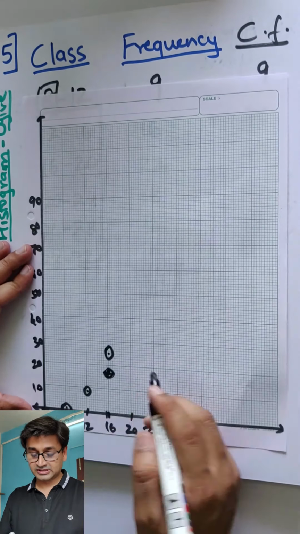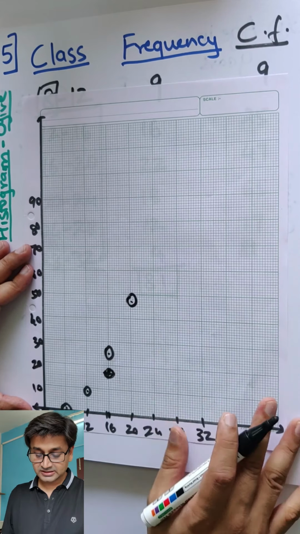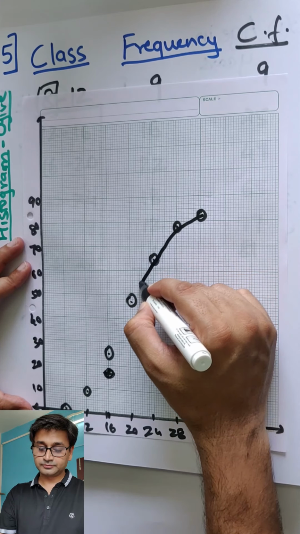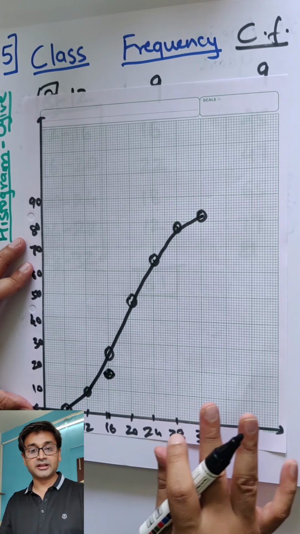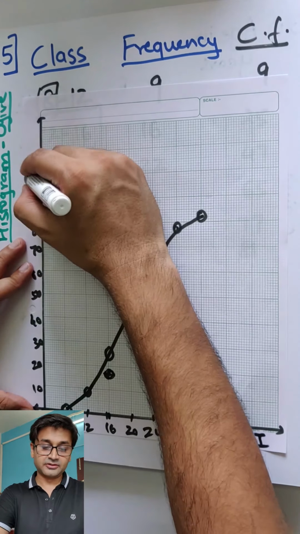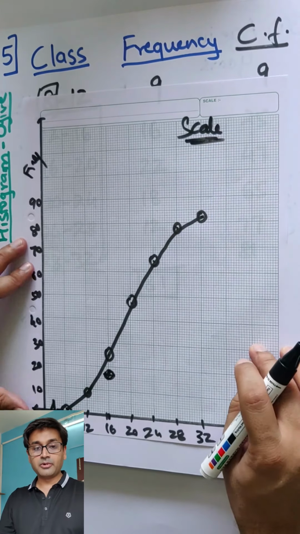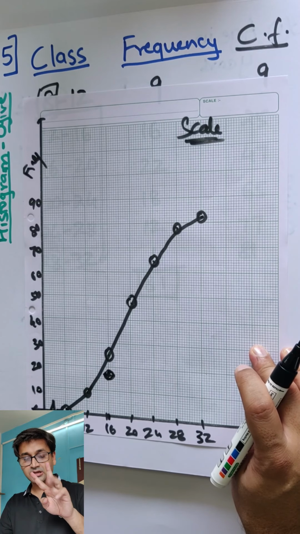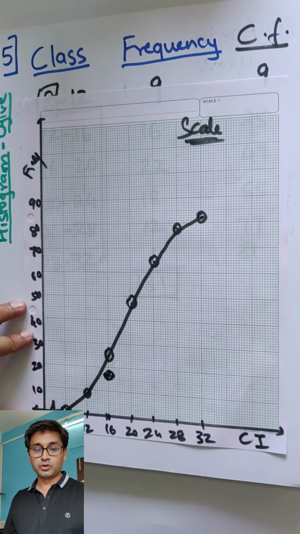Then the next ones: 47, 65, 77 and 81. Curve, let's draw. That's how the curve should look, a smooth and very clear curve. Cumulative, class interval, frequencies, is the kink required? Yes. And then your scale. Remember 4 things in the end: the heads, the 2 heads, the kink and the scale. There are always 4 things in the end which we should always remember, so we don't lose marks on this.